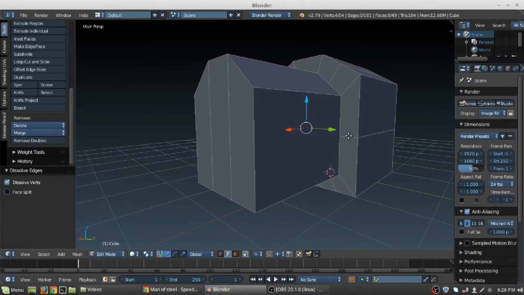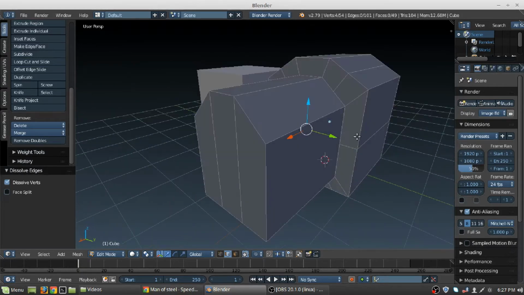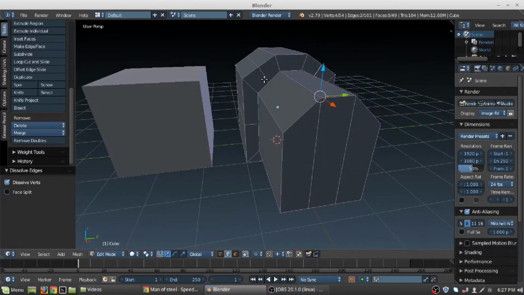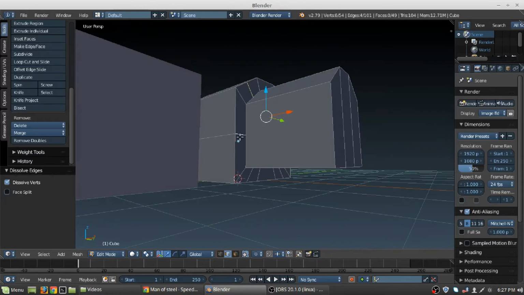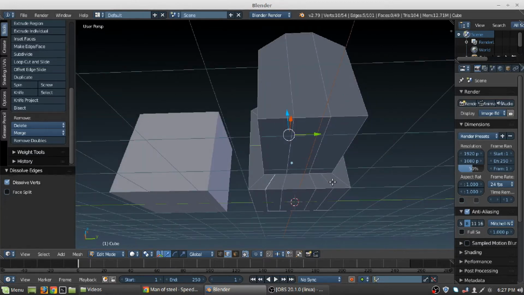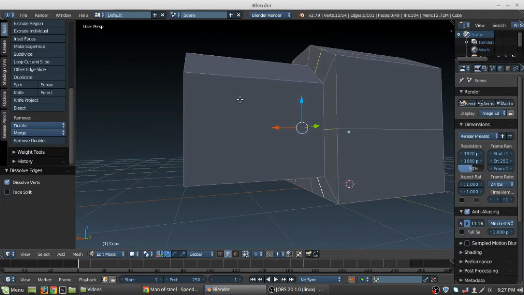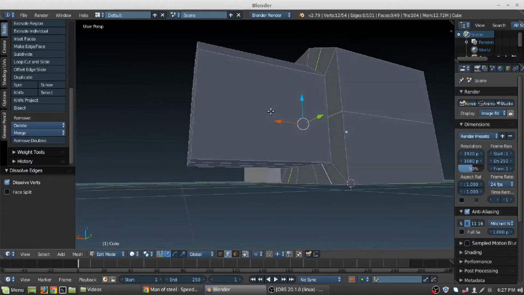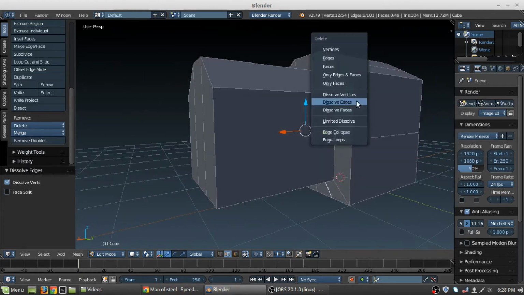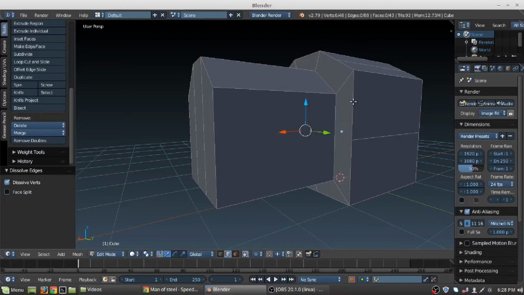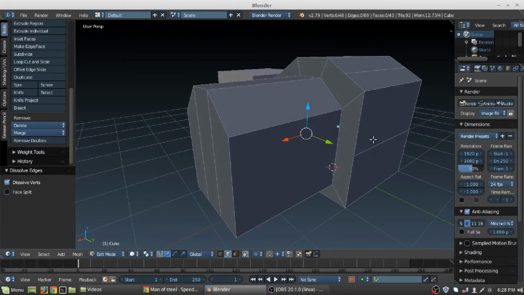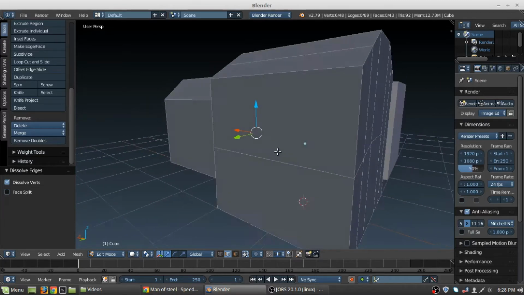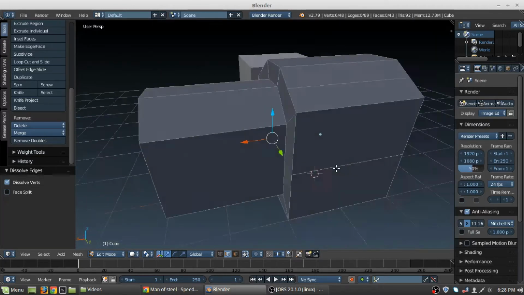Now what we're going to do is align these edges. Or first, what I should have done is select these edges as well, and have deleted them too. So press X key on your keyboard and select dissolve edges again. So now we are left with these